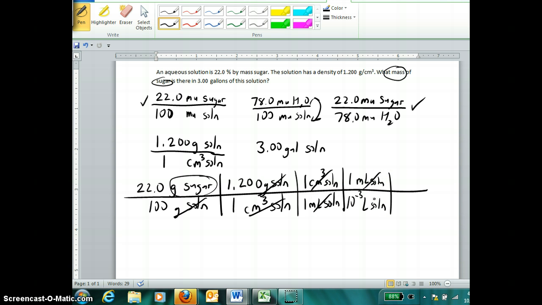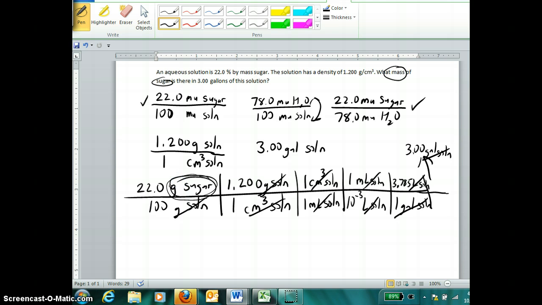Milliliters cancel, and I now have liters. Well, I can convert that to gallons because 3.785 liters of solution are equivalent to 1 gallon of solution. Now that the only thing remaining in the problem that I don't want is still a volume of solution expressed in units of gallons, I can use this volume of solution expressed in gallons to cancel once and for all. And I would multiply up here, though I'm running out of space, by 3.00 gallons of solution. And the gallons of solution in the numerator would cancel the gallons of solution in the denominator, leaving me with